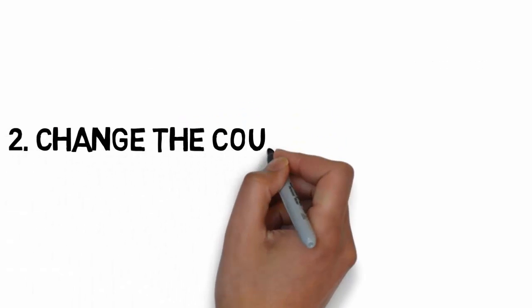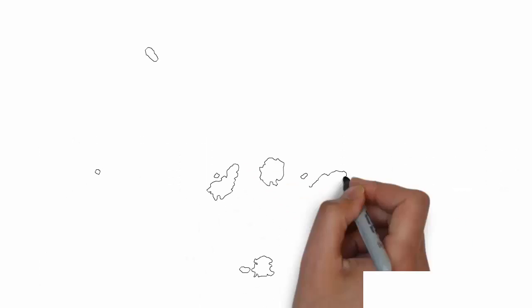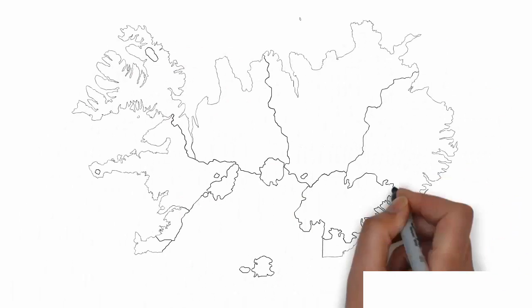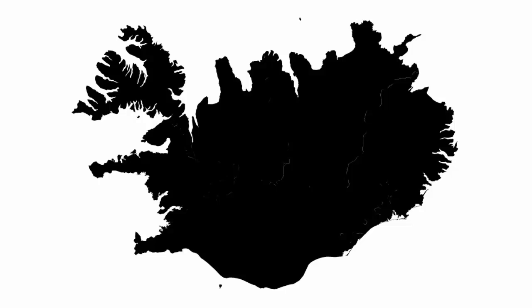The second step is to change the country's landmass into an image. Now, people are going to see different things when they look at kind of like a blob. But you want to use an image that works for you and that stands out to you. So when I look at Iceland, at the top left, I kind of see this ghost scaring someone, saying, "Boo!" And so the image we're going to use for this example is a ghost.